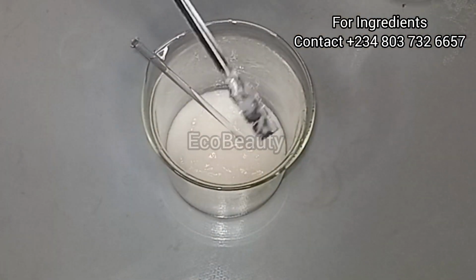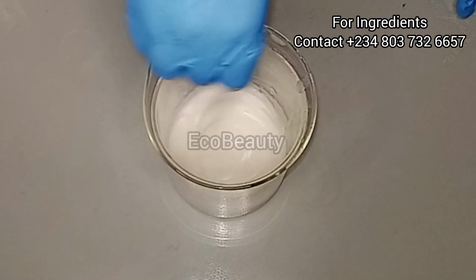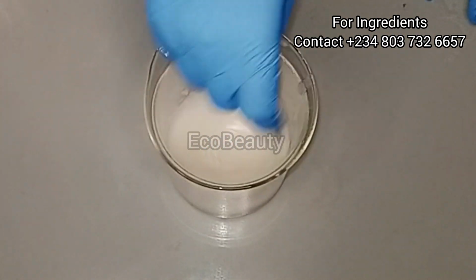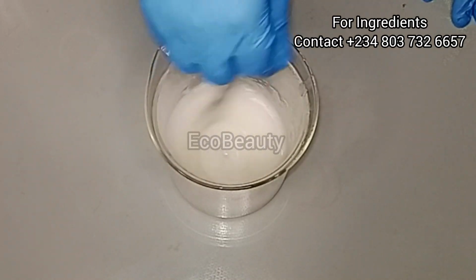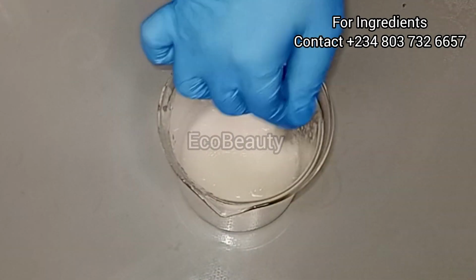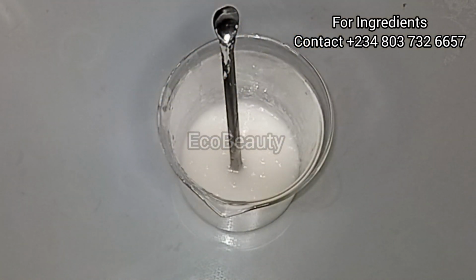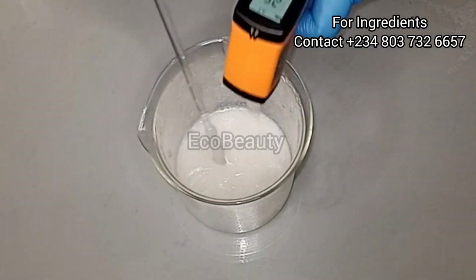Whichever way is okay. And now I'm going to stir this together properly to mix together. It's not really going to mix together at once. What you want to do is you're going to stir for some time, then you leave it, you come back again to stir it, you leave it like that. You keep stirring until they are well combined together, and you're going to make sure this has cooled down before